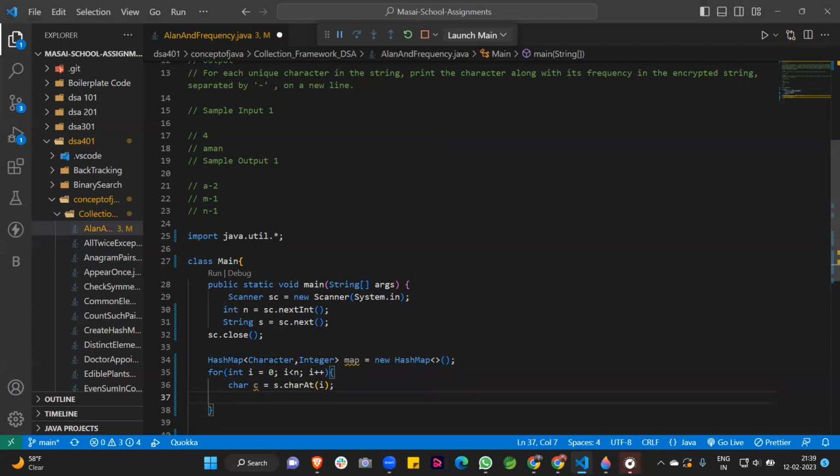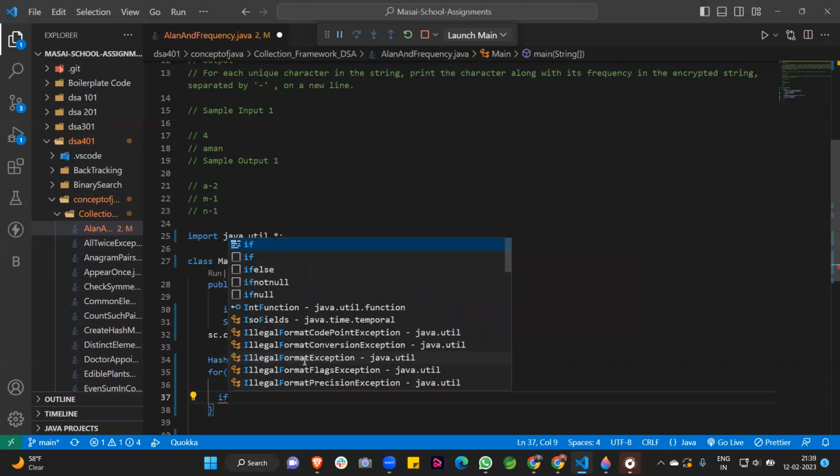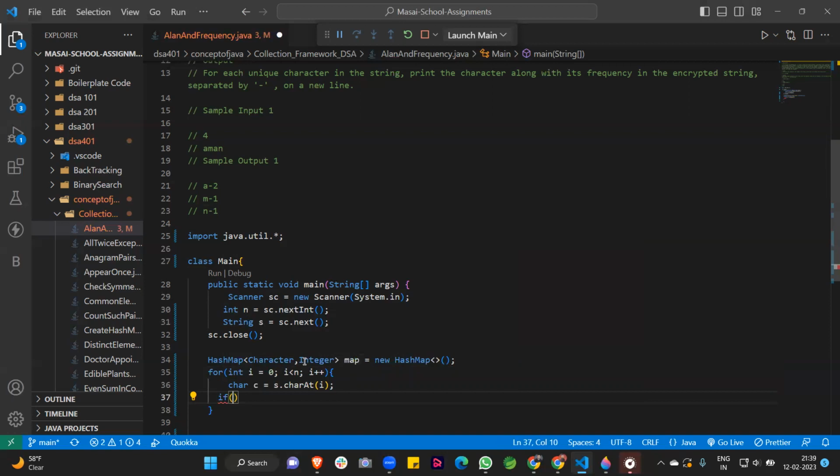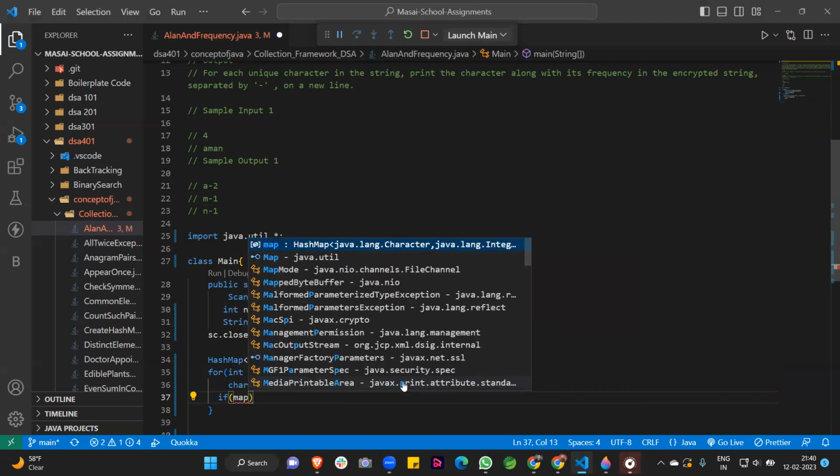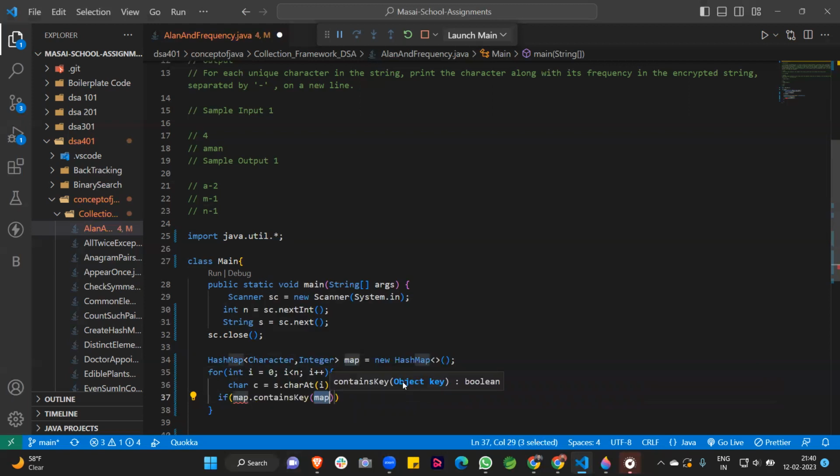Then we write if and else conditions for checking whether our map contains the key or not. So if map.containsKey(c), if our map contains the key, then we simply put in the map and increment the value.